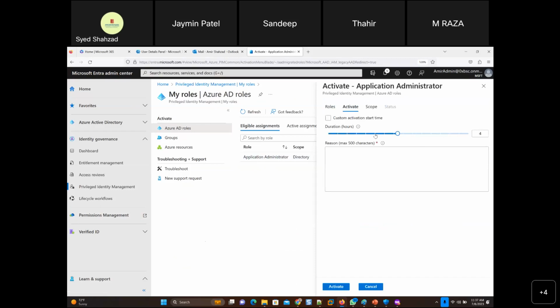So suppose you say from now on, anyone who is given this application administrator role and he or she goes to his or her email, and then opens that link and then tries to activate the role, he or she will only see 3 hours, not 8 hours. So he or she will be able to choose from 3 hours. So now you can decide for all future implementation of application administrator role to anyone, what kind of hours they should be seeing.